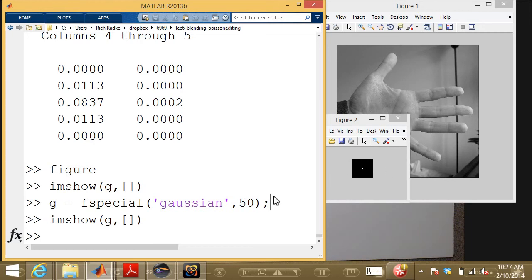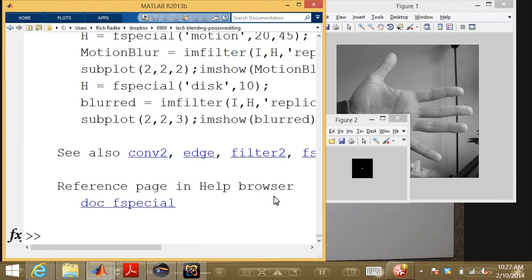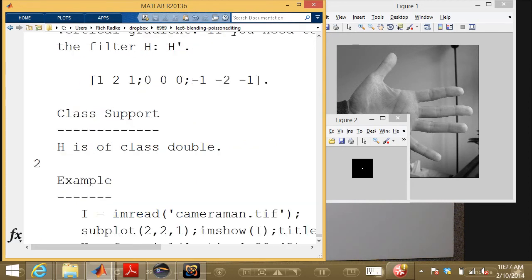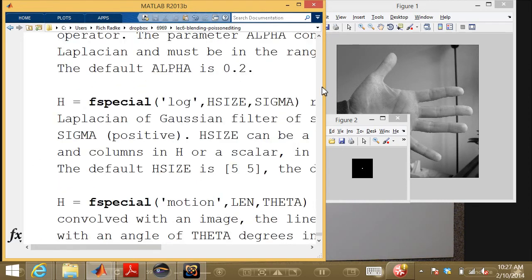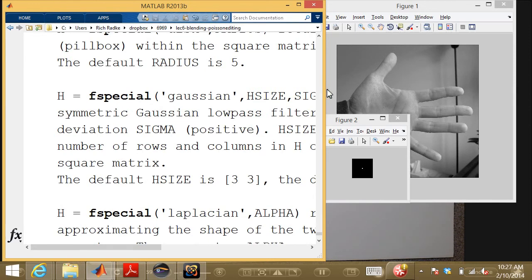Oh, I see. I know what's wrong. Okay, so let me just do help fspecial to see where I've screwed up. So basically, fspecial lets me make all sorts of filters, disks, squares, etc. And so this is a Gaussian. And so if I look at what actually I have to do, I basically am giving it a